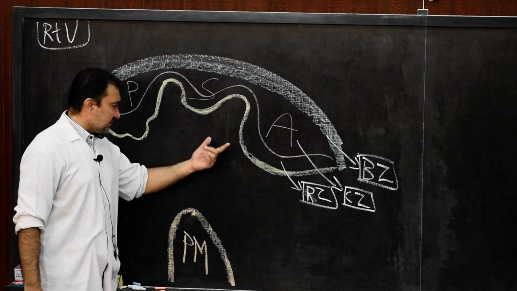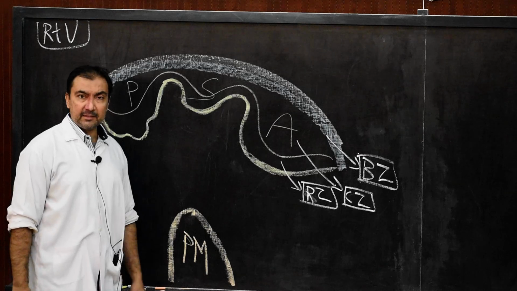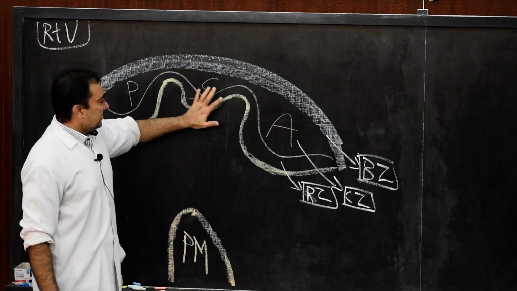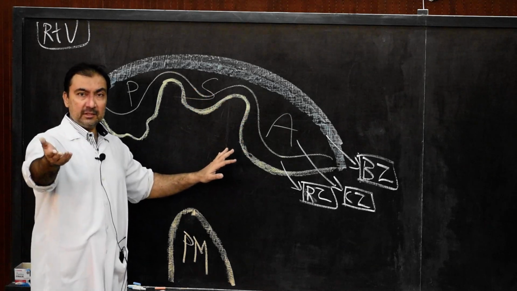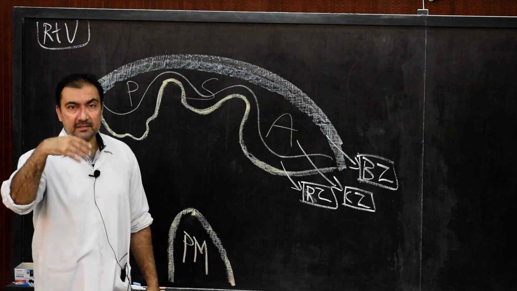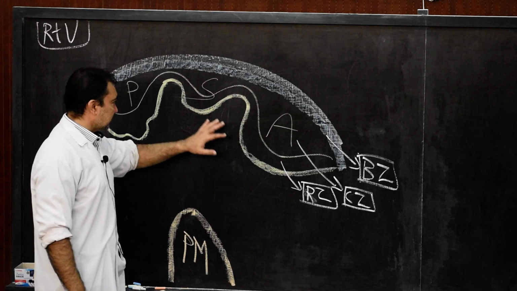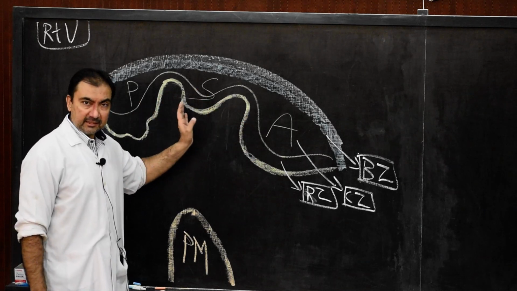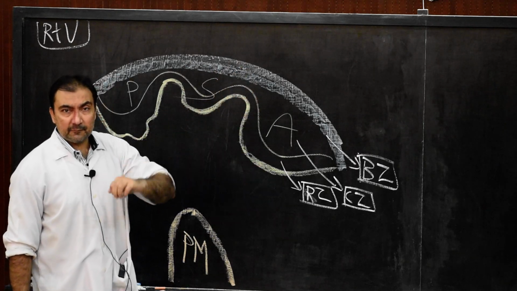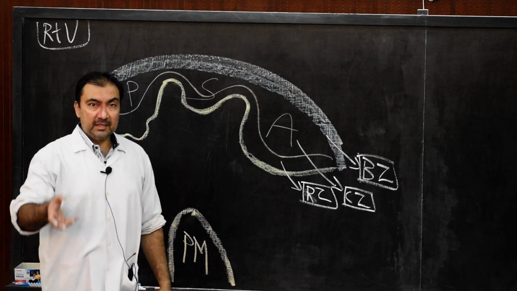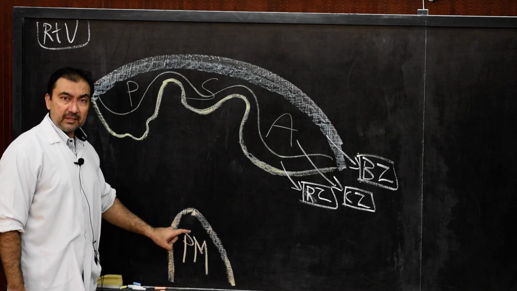They are fibrous collagenous thread-like structures which are connecting the apical 1/3 of papillary muscle with that of the ventricular surface of the tricuspid valve complex or ventricular surface of the mitral valve complex. So either it will connect the ventricular surface of this right atrioventricular valve complex or tricuspid valve complex, or it will connect the ventricular surface of the left atrioventricular valve complex or mitral valve complex. But at one end, it will always connect the apical 1/3 of the papillary muscle.